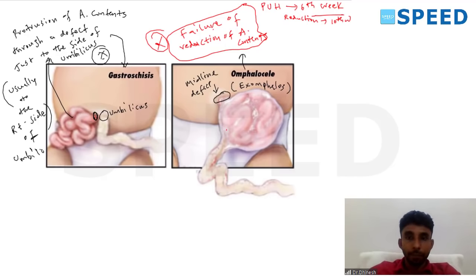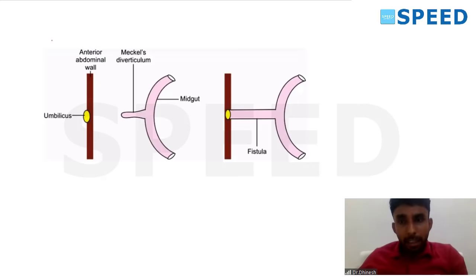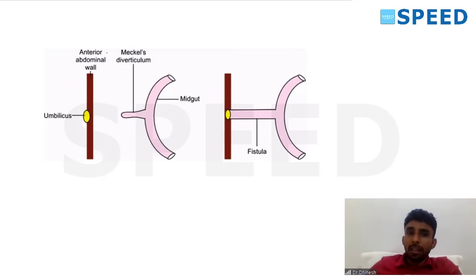Okay, fine. And one more option given was patent vitellointestinal duct, isn't it? So during fetal life, there is one embryological communication between the yolk sac and the intestine called the vitellointestinal duct, VID. Normally the entire vitellointestinal duct will disappear, but there may be abnormality in the vitellointestinal duct. For example, if the proximal part